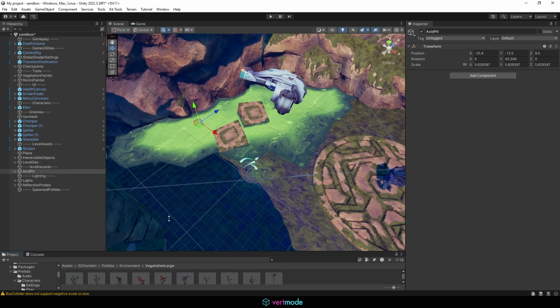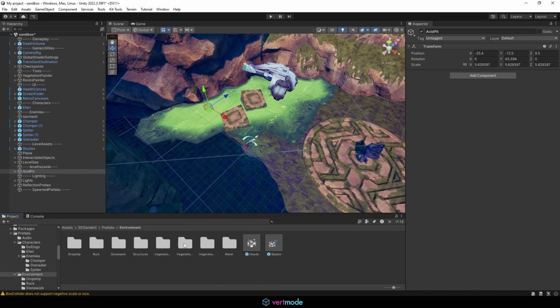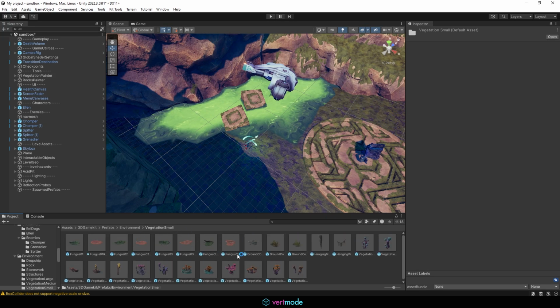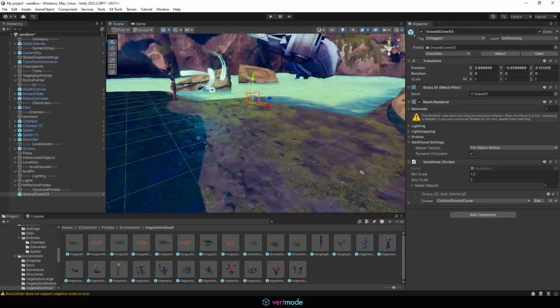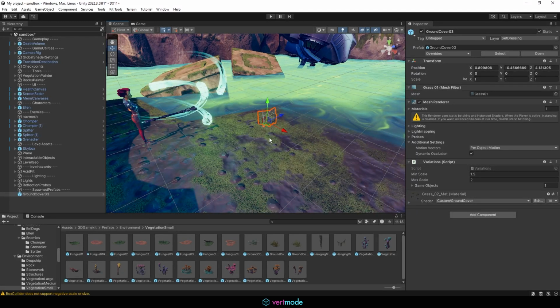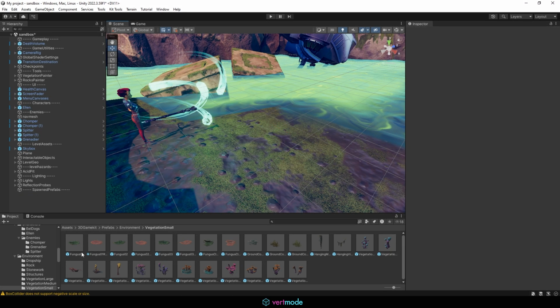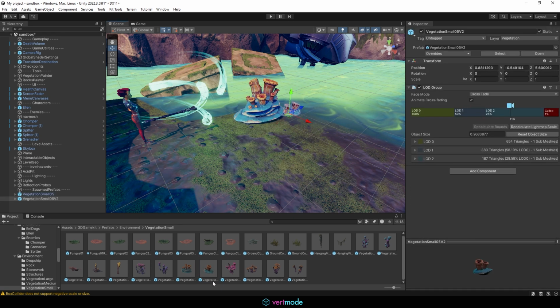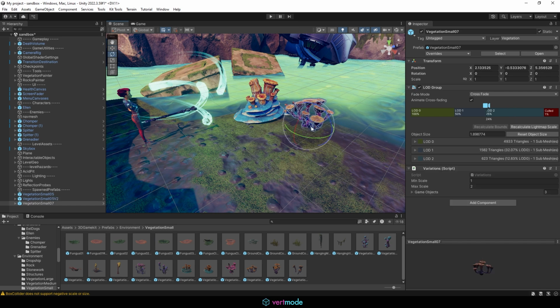But if you wanted to just do some decorating, they do have some vegetation large, they have some vegetation small. You can come in here and play with these. They also have a kit that allows you to paint with these in here, but I usually like to just place things if I have the option to. But we could play around with things like ground coverage here and place these. So maybe we want to make this kind of interesting and kind of murky and swampy looking. So maybe I come in here and grab some of these different elements and play around with them in terms